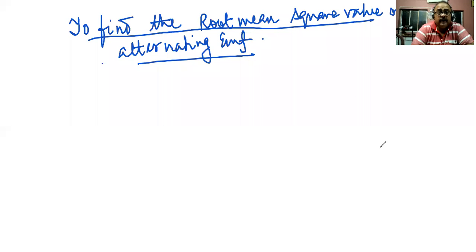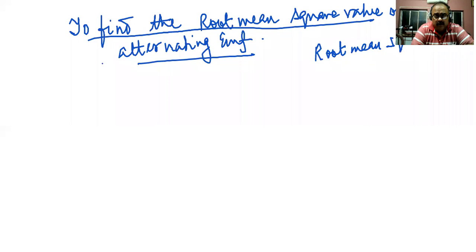So we are finding out the root mean square value of an alternating EMF. You have to understand what an RMS value, or root mean square value, actually is. While trying to understand this part, there are two ways of understanding this RMS value. When I say, for example, if I want to find out the root mean